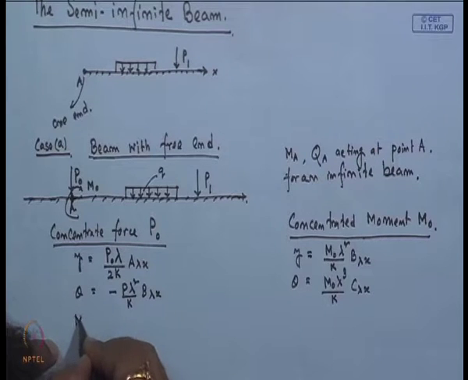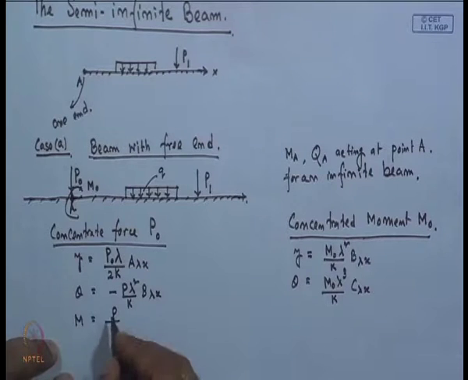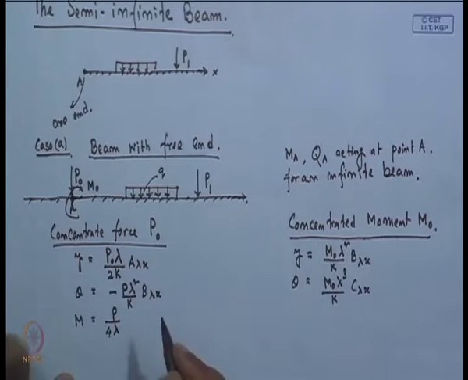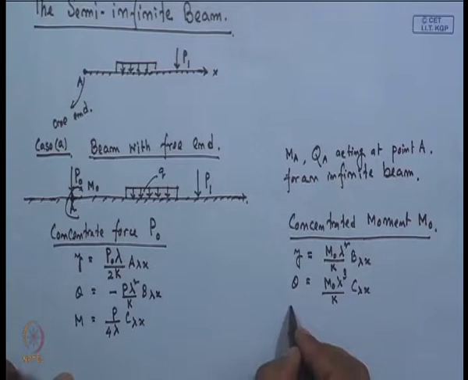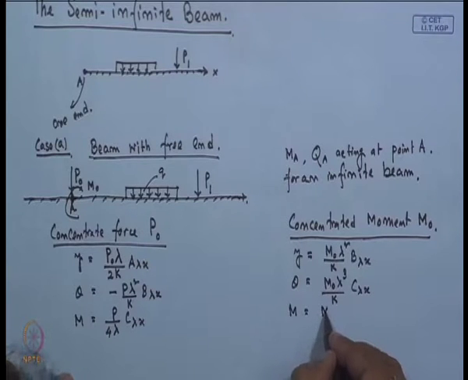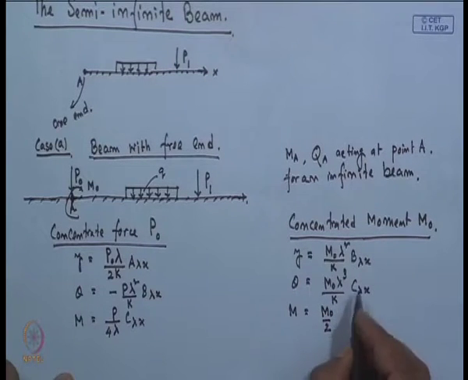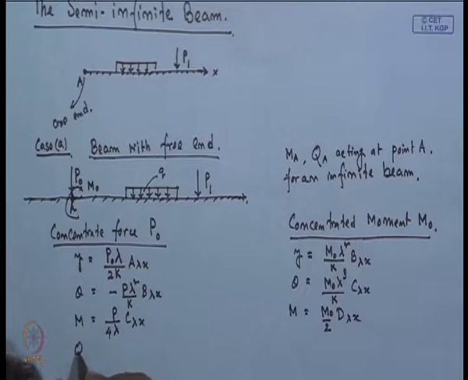Then bending moment for the concentrated force will be P by 4 lambda into C lambda x, and moment for the concentrated moment will be m 0 by 2 d lambda x, and shear force for the